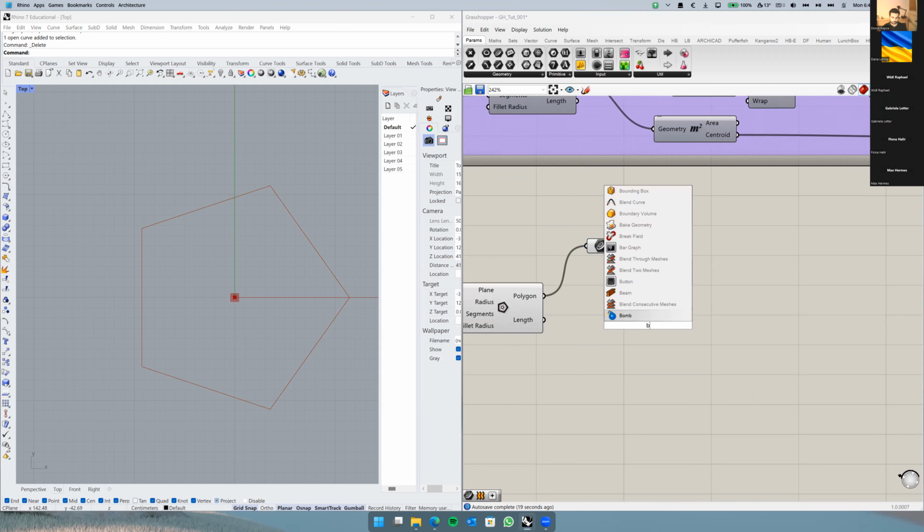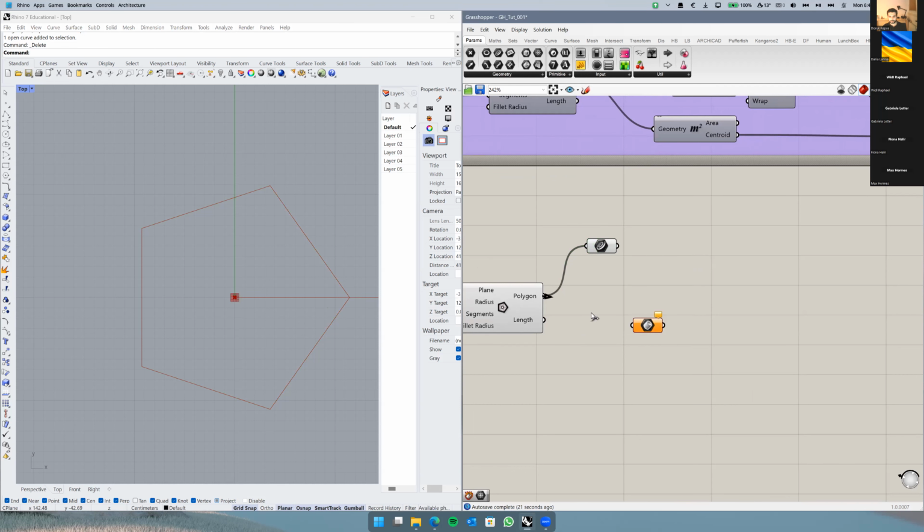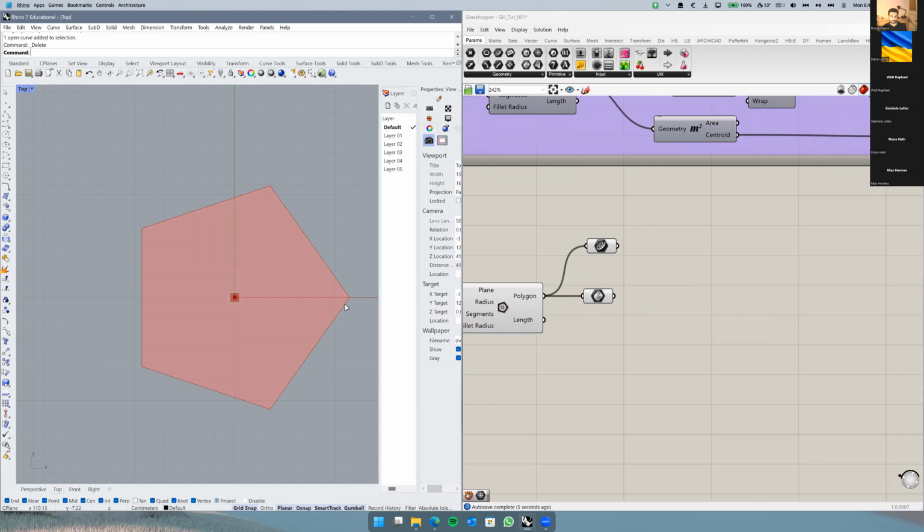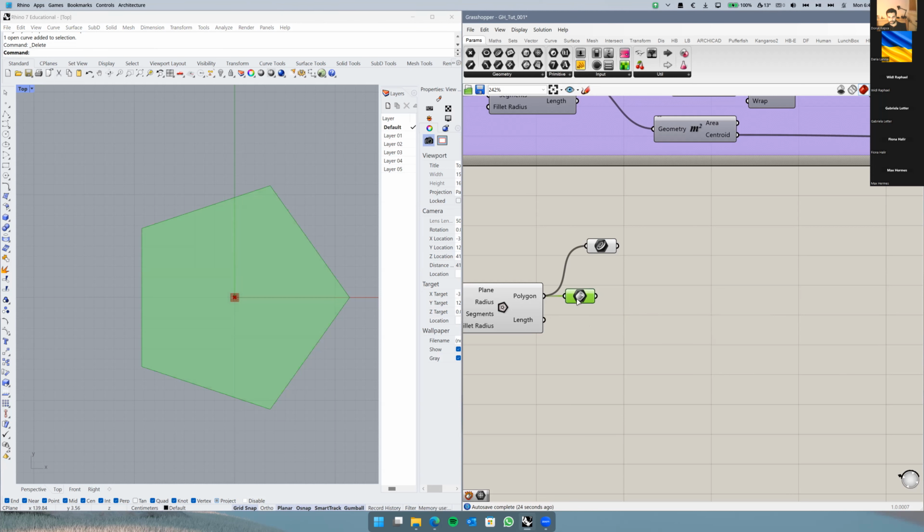What is a B-rep? B-rep means boundary representations. So basically, it creates edges, vertices, and faces. So whenever I have an object, 2D, 3D, I have corners, I have edges, and I have faces. So right now I have a B-rep. When I connect my polygon to my B-rep component, which I just typed B-rep,